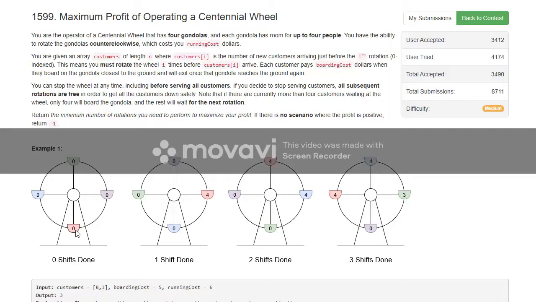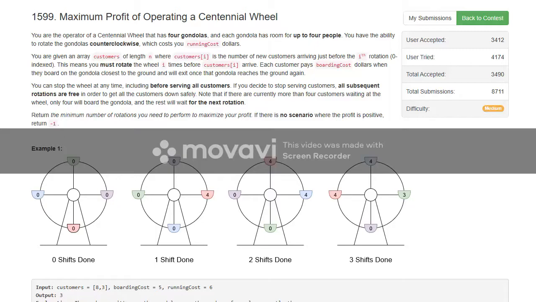We have to rotate the gondolas every time, and before we rotate, new clients arrive as per the array. After this, there can be clients remaining, and we have to rotate the wheel until we have no more clients to serve.